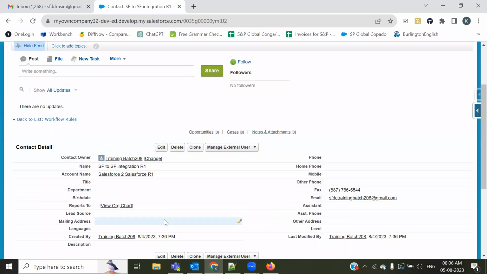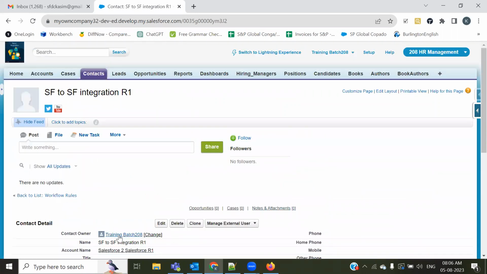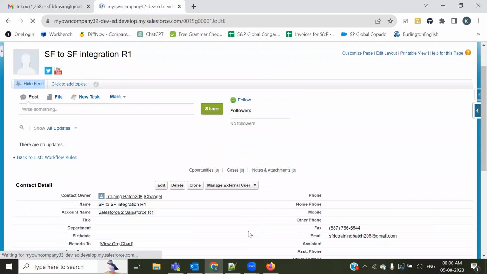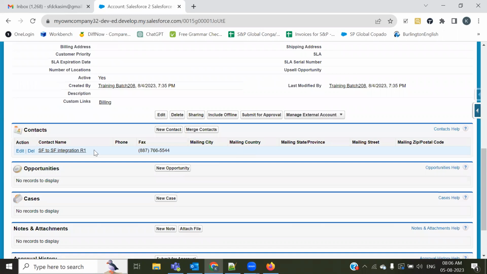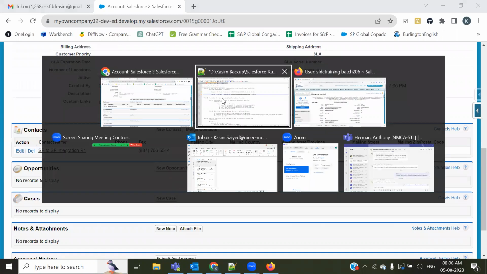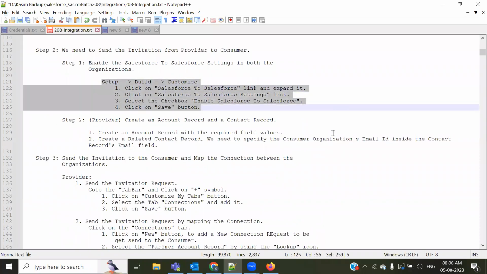All right. So now we have this one contact and one account. If you go to the account, this is that account record. Then there is one contact related to this. Let's go to this document and see what has been written. Now, once the record has been created and everything is done,